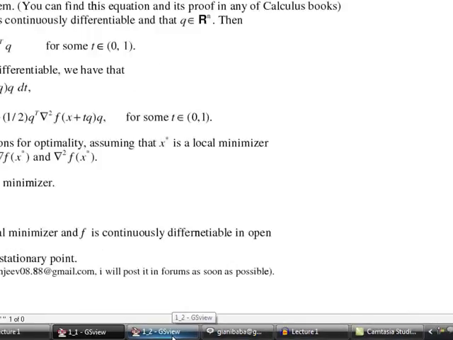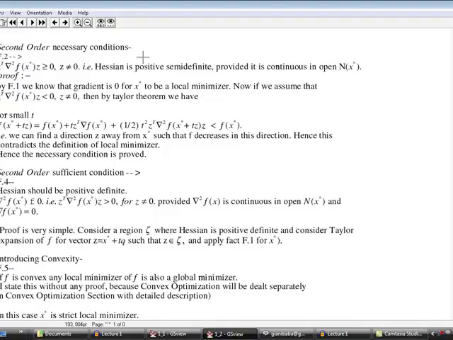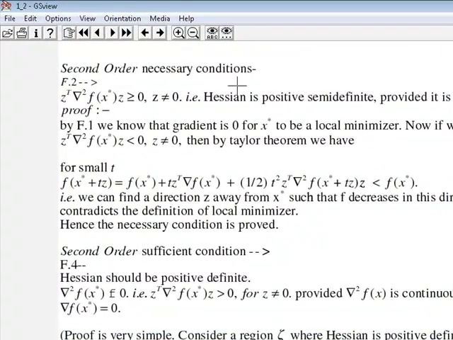Now here is the second order necessary condition. The second order necessary condition states that our